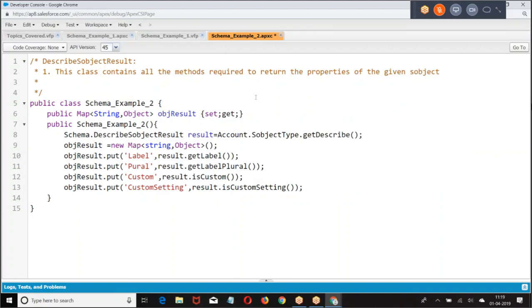Now, these methods are going to return you the properties. getLabel returns the label name of the object. getPlural. isCustom returns true if the object is a custom object.